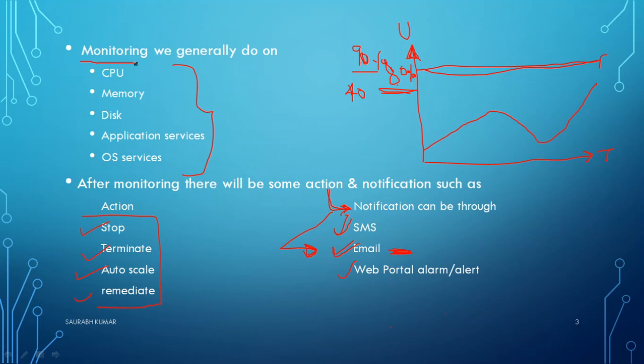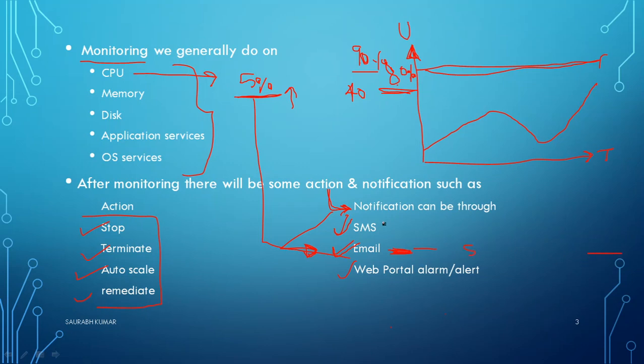I am setting a monitoring on the basis of CPU with the threshold of 5% only, just for testing, but in companies they will be using 40%, 70%, 80% like that. What I am telling is that if my CPU utilization goes beyond 5% for a specific period of time, I need to receive an email to which email address? My email address, which is